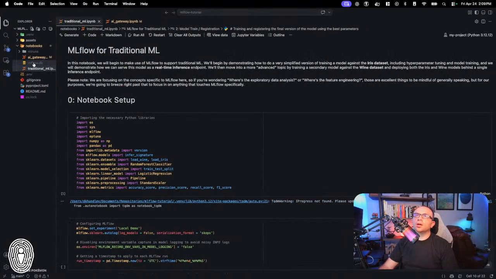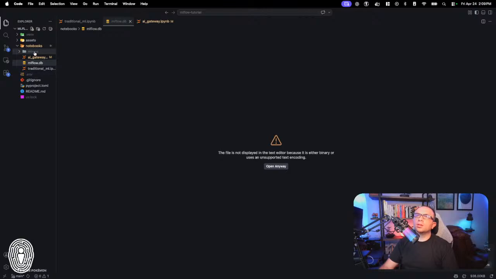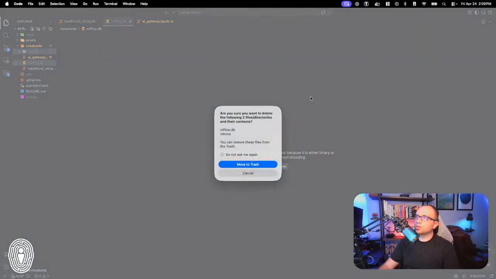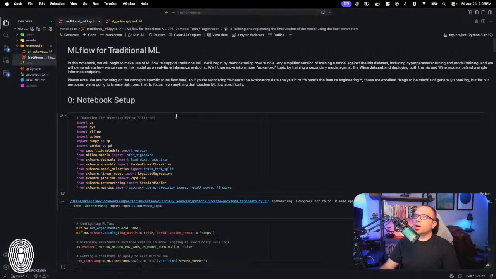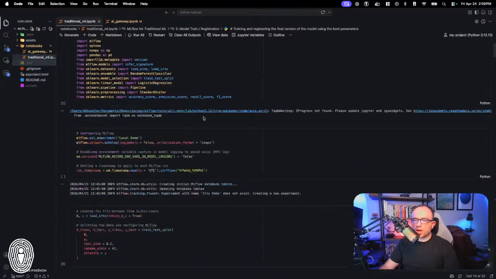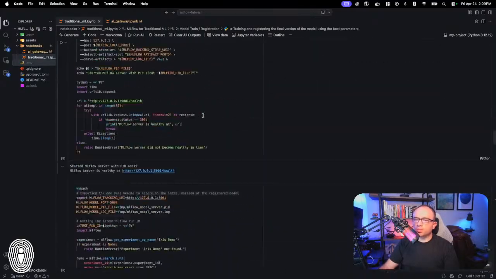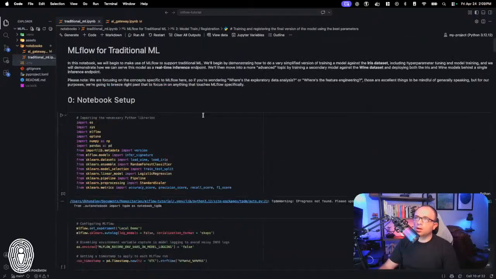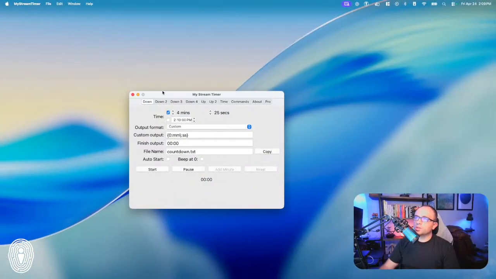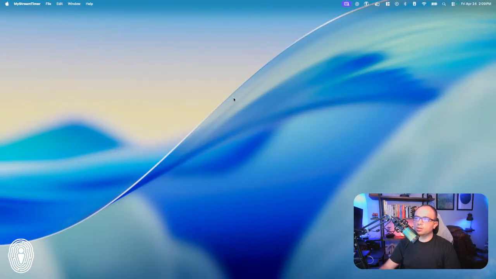Now, I did recall right now that I didn't delete these things, so let me delete those really quick. Okay, so what I am going to do, this is, by the way, the finished notebook that we're going to be basically replicating, but let's get out of here for a second. Collapse my countdown thing there.